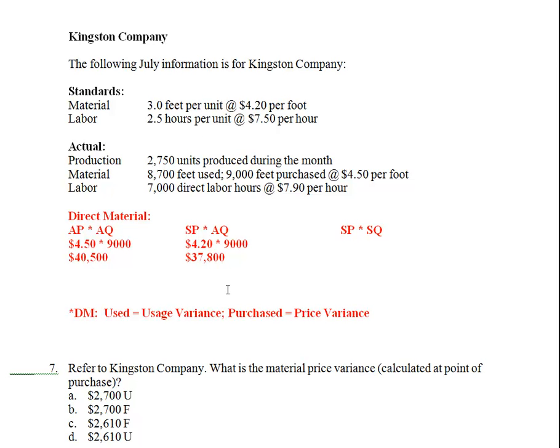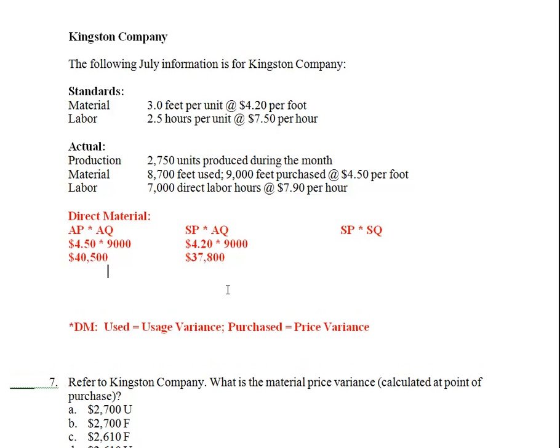So the difference between column 1 and column 2 gives you the price variance, which is $2,700. So we have a $2,700 direct material price variance,